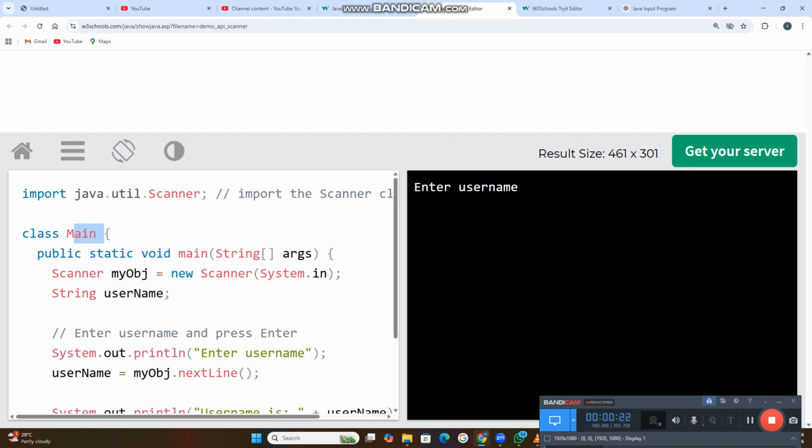You can change the class name to anything, it doesn't matter. But whenever you want to store the total code, your file name must match your class name. Okay, that is very important. So class, and then Main is the class name. If you want to keep any class name like XYZ, whenever you choose the class name, that must be